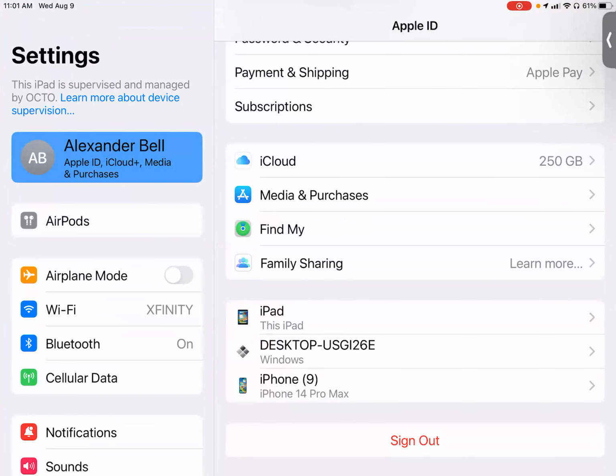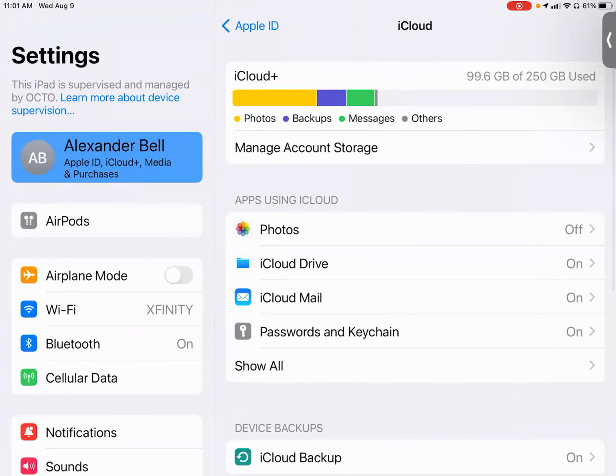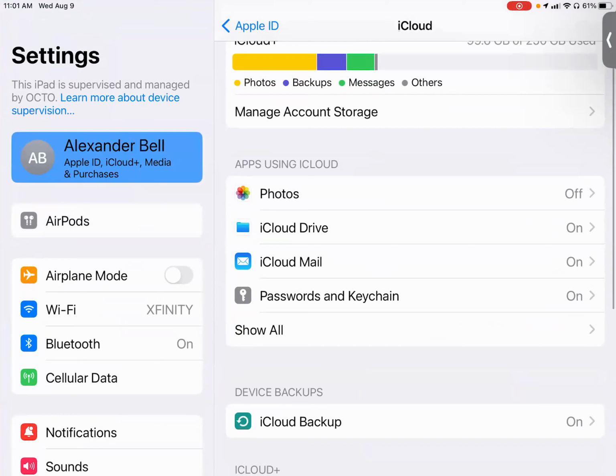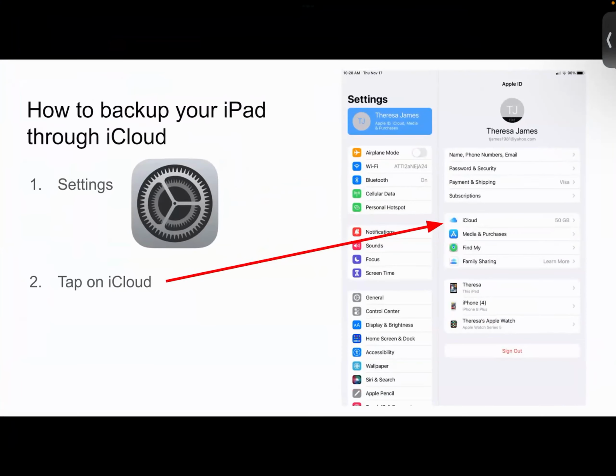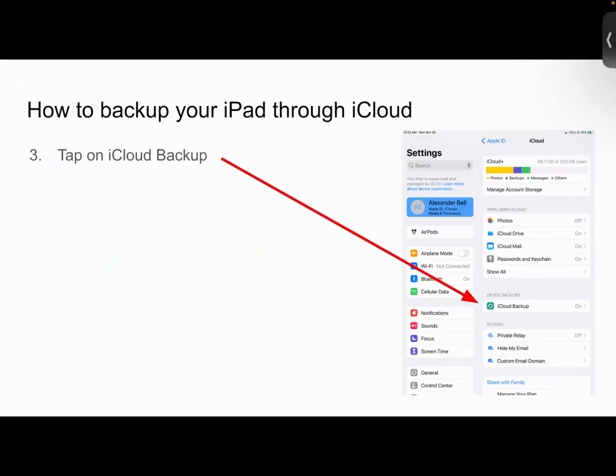We want to make sure you tap on iCloud in order to go to the next step. So you should be at a screen that kind of looks like this. After you tap on iCloud, you tap on iCloud Backup, so that you can initiate the backup, especially if it's your first time doing this.